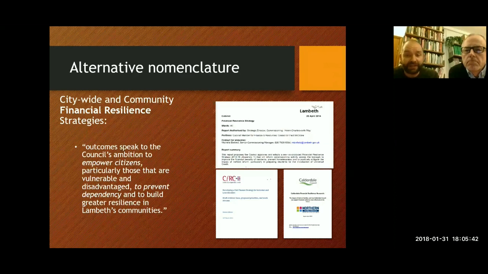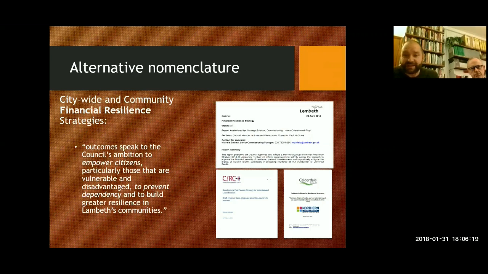So in terms of the work I've done in Nottingham, rather than use the term financial inclusion, we've used a broader concept of financial resilience, which is to try and capture a broader dynamic of inequality related to financialisation that may or may not be related to financial inclusion or access to mainstream financial services. What's nice about the concept of financial resilience is that it moves beyond the binary of being included or excluded,